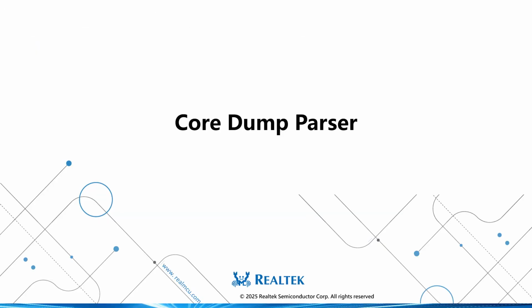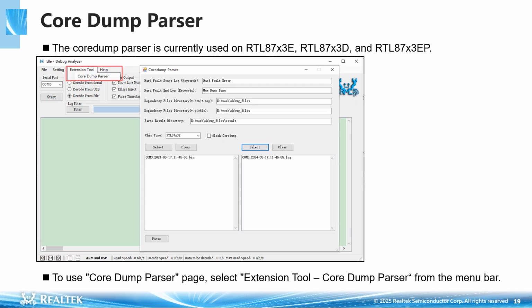Next, I will introduce the usage process of Core Dump Parser in Debug Analyzer. The Core Dump Parser is currently used on RTL87X3E, RTL87X3D, and RTL87X3EP. When an exception occurs, and the CPU register and RAM data dump by log, this tool can be used